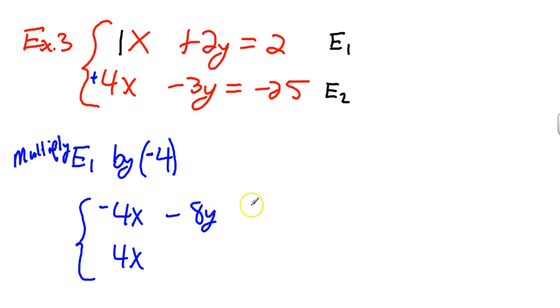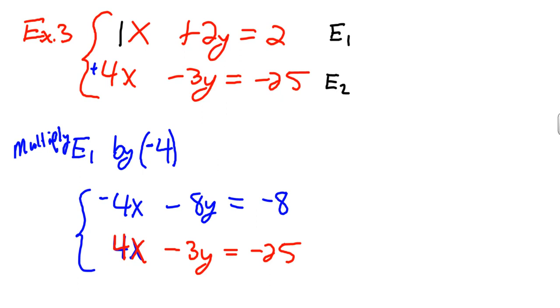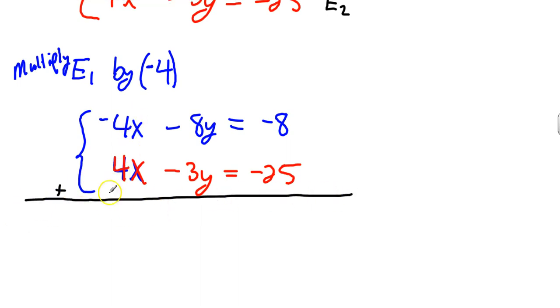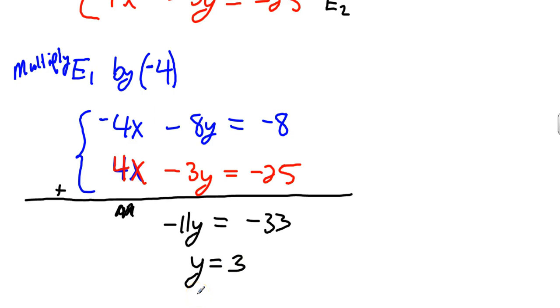Okay, so that's a negative 8y, and that would make that one a negative 8. Bottom equation, we'll keep it the same. It's 4x minus 3y equals negative 25. Okay, so now that you've got the positive and the negative, just start adding and subtracting here. That'll go to 0, which is what we want, so that's gone. Negative 8, negative 3 is a negative 11. Put those two together, make it a negative 33. Divide those two numbers to get y equals